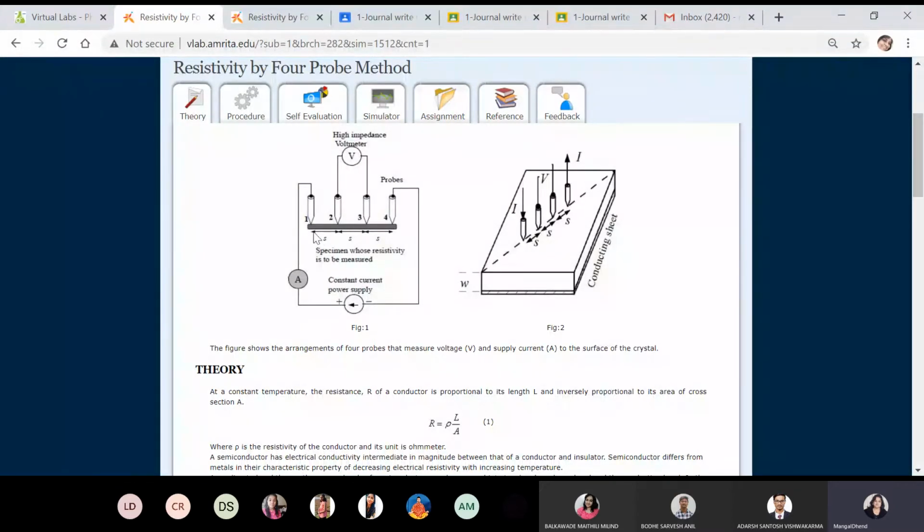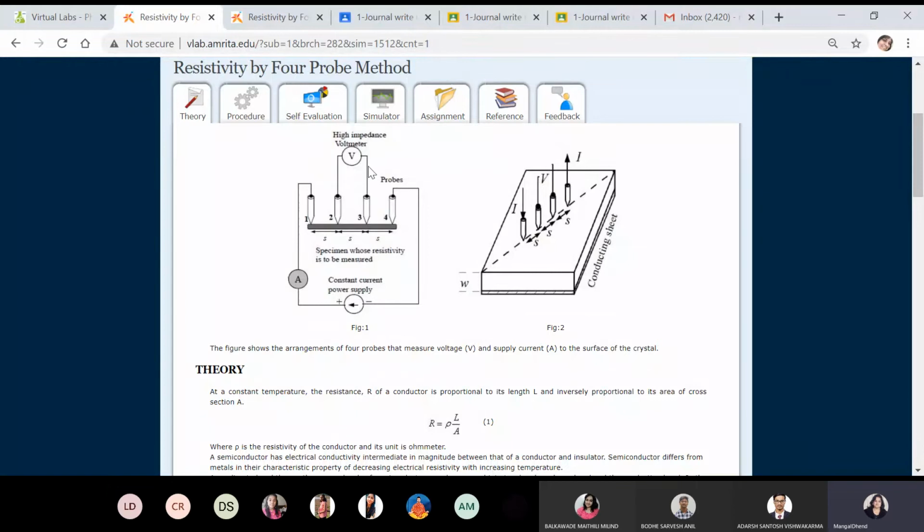Okay. Now see, the resistance under measurement is a semiconducting material and it's just like a chip. We have performed an experiment on the Gauss meter and a very slight thin chip is there. So in that case, generally, if you want to measure the resistance of a very thin chip, then you can use this 4 probe method. Okay, 2 terminals you use for voltage measurement and 2 terminals for current measurement.